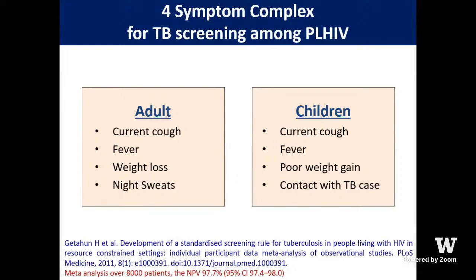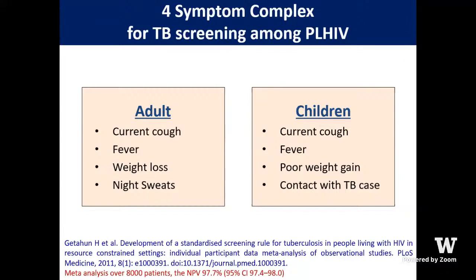We have seen the lab diagnosis, and also the important component in diagnosing IRIS. But what is that in a resource-restrained setting where you don't have gadgets like a CT scan or other things? So you have a very crowded OP. Here, this 4 symptom complex for TB screen among HIV has come into help. And the studies, analysis have shown that the symptoms are very sensitive, almost more than 80%, 85%. You can diagnose tuberculosis with this simple